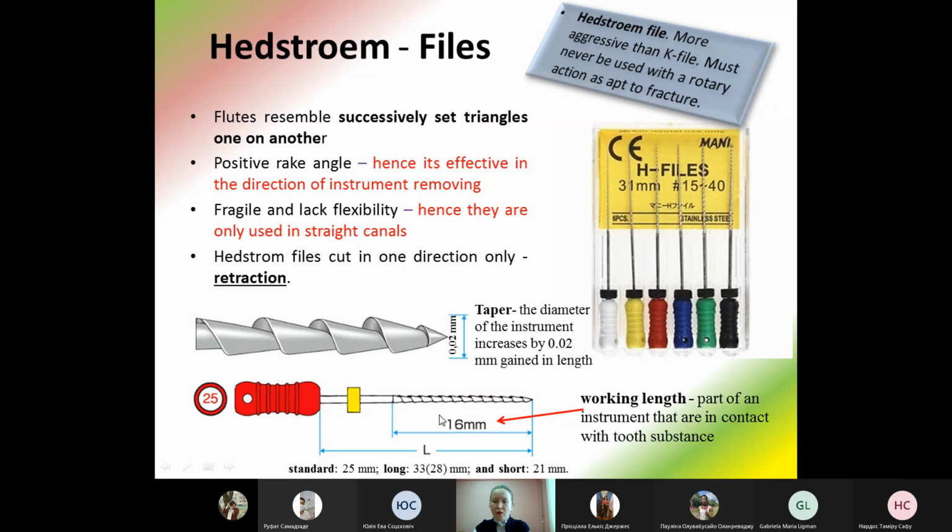It is the average length for all endodontic hand instruments, 16 millimeters. Working length is the part of an instrument that is in contact with tooth substance, and then the general length of the instrument. Here you have the general length. Instruments are available in a standard length, 25 millimeters. Commonly used long ones are 28 to 33 millimeters. Such instruments can be used